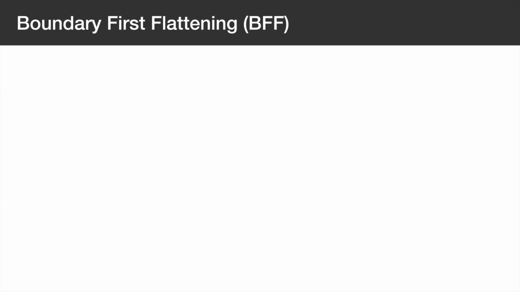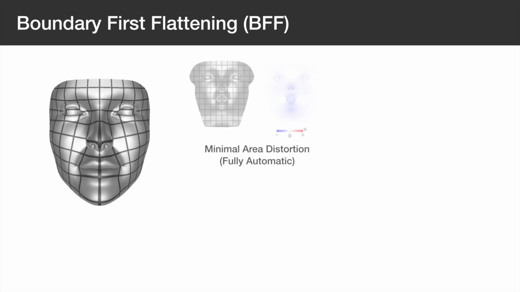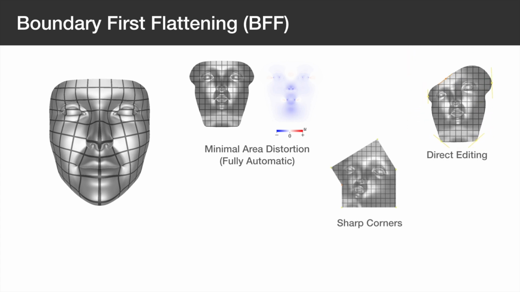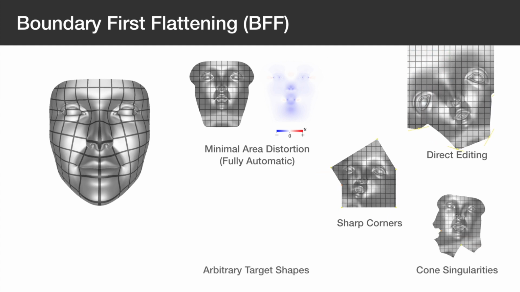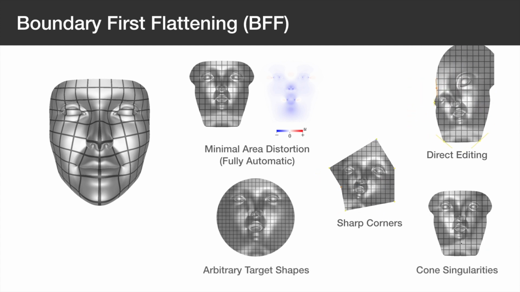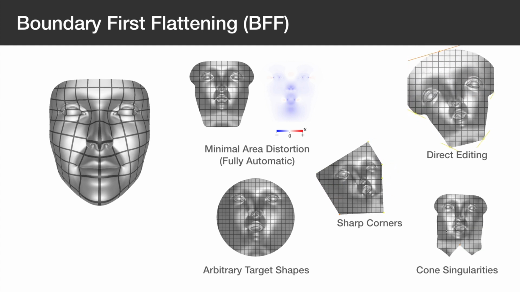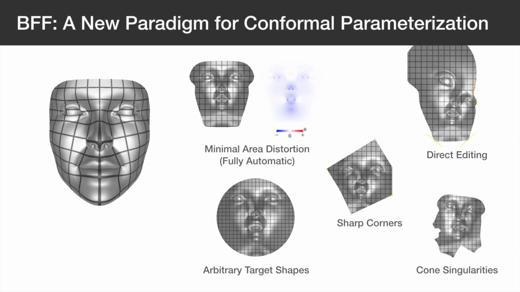In particular, I'll present the boundary first flattening algorithm that enables real time editing of high resolution maps with minimal area distortion, direct editing of boundary lengths or angles, exact preservation of sharp corners, seamless cone singularities, and maps to arbitrary target shapes. More broadly, since the target shape can be updated efficiently, BFF now provides a new paradigm for